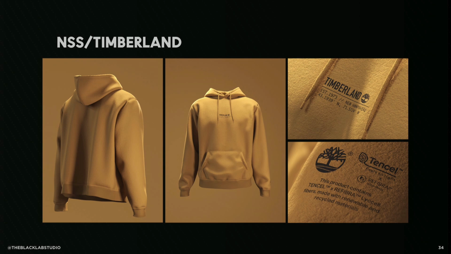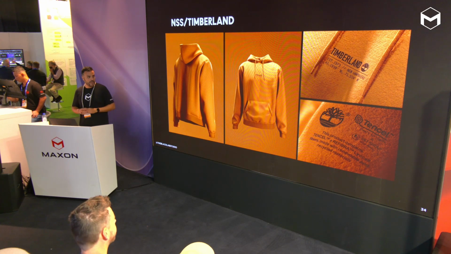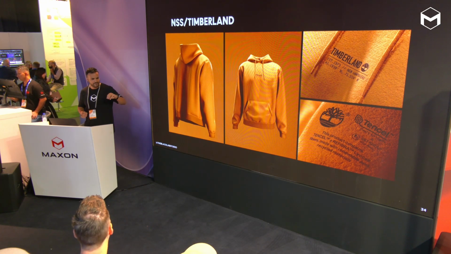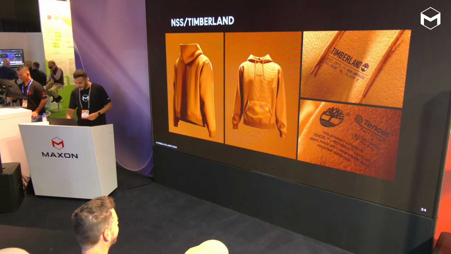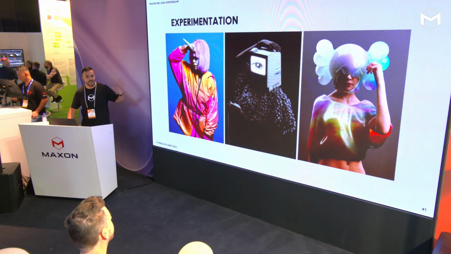So the thing is that by combining all my knowledge in the fashion field with the 3D artistic eye for photorealism, I could achieve also a great result from a macro perspective with a lot of details on my stuff. At the same time, I started transforming stuff.